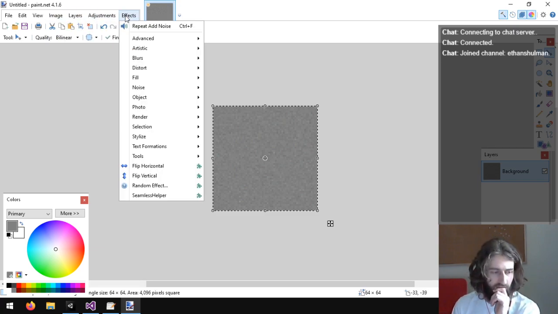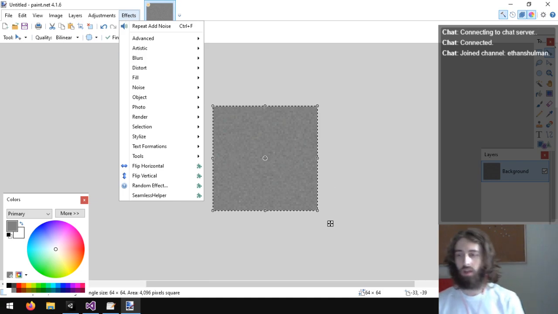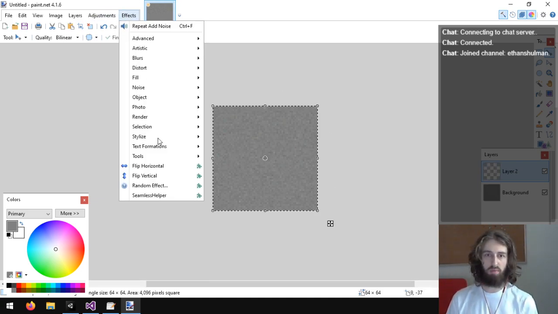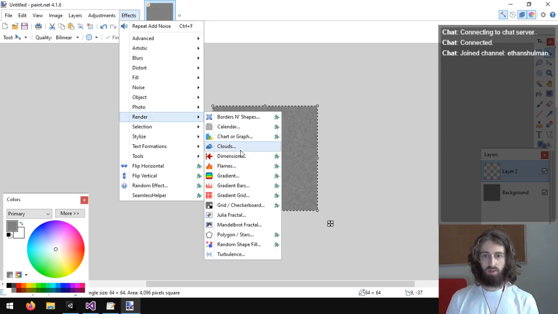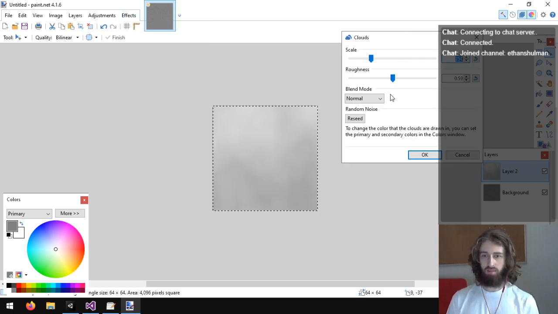I wish they actually gave you a good way to do this. I guess clouds would actually be a better way to do layered noise. Doing a layer of clouds and then mixing that over top.